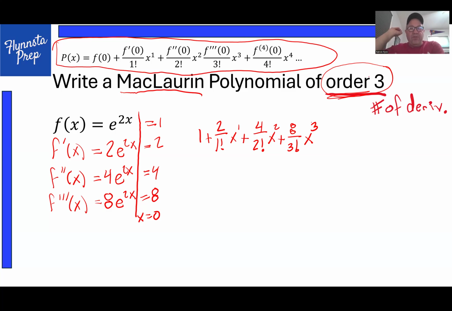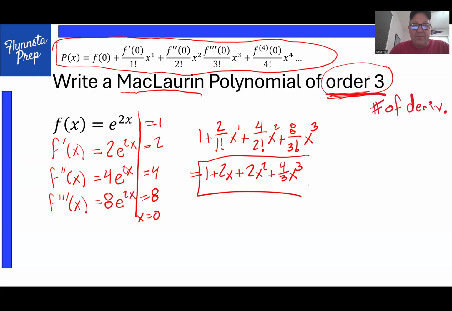Now you'll notice a couple things, that the value of the exponent matches the value of the factorial. We can simplify this a little bit. Okay. And this is a pretty good approximation for f of x, of e to the 2x. In fact,